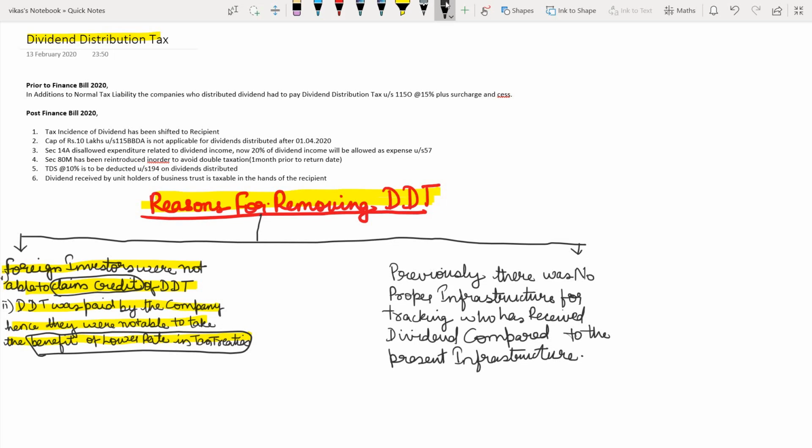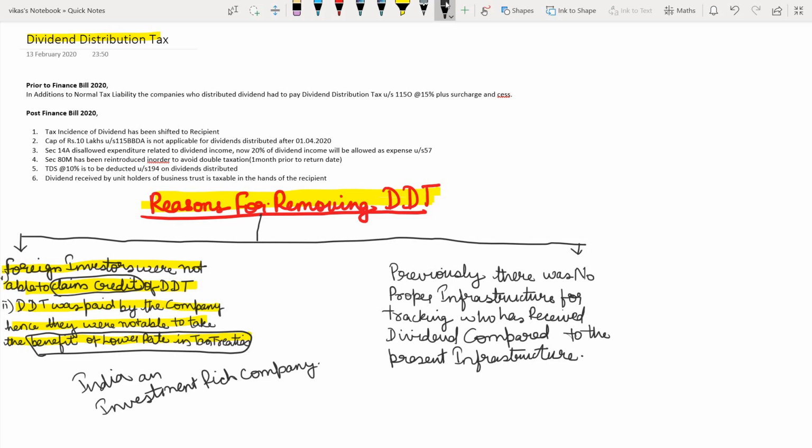reasons for removing the dividend distribution tax in order to make India an investment rich country. Okay, so because of this, in the budget speech, it has been said that the government will forego a revenue of 25,000 crores. So this will open up opportunities for more investments, that is foreign investments by the foreign